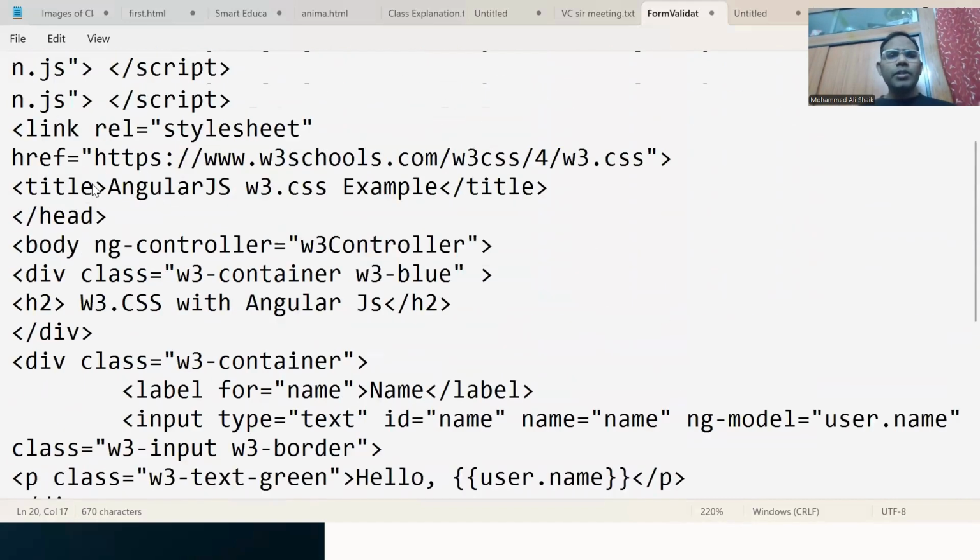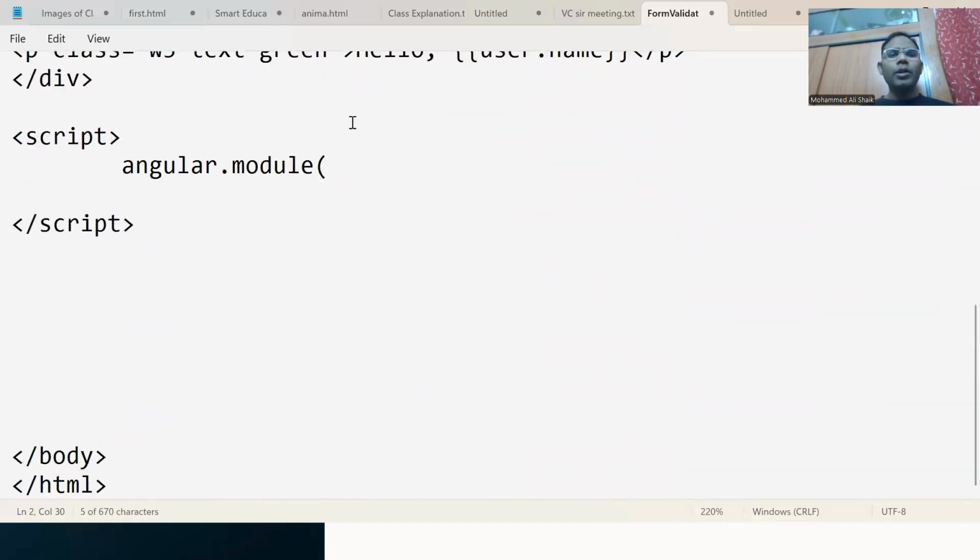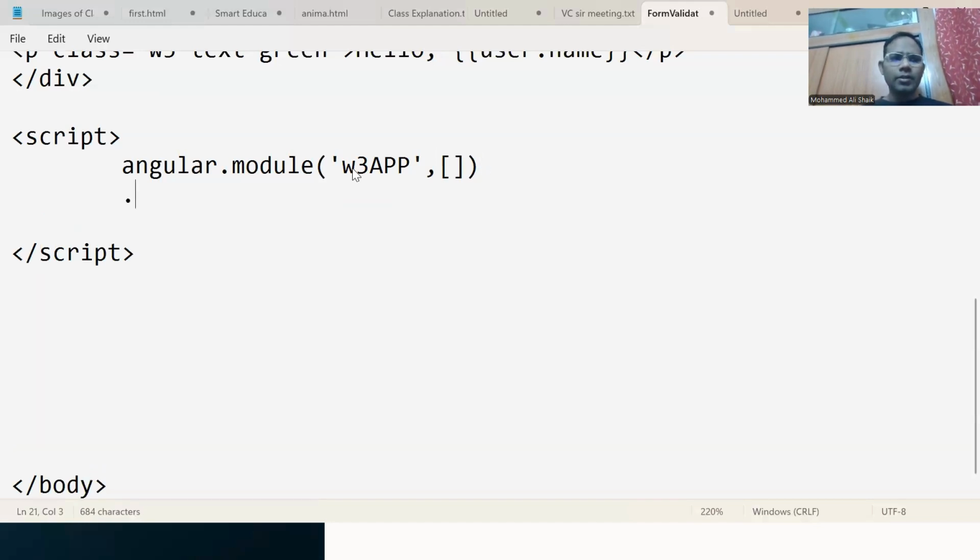The name of the module is W3 app. Better to copy to avoid typo errors. And it does not have any dependencies. Then .controller, I go with the next line, .controller. So we have here again controller, comma,